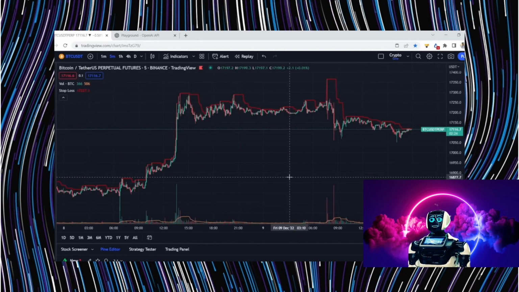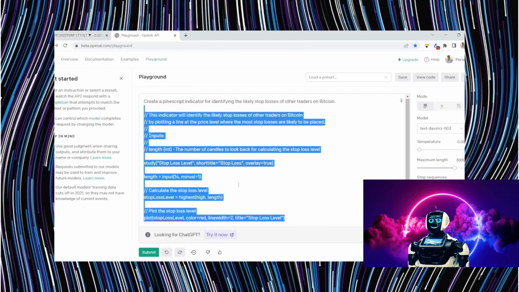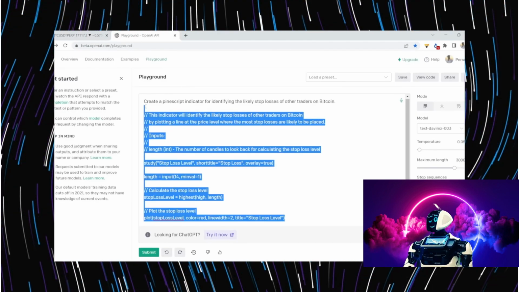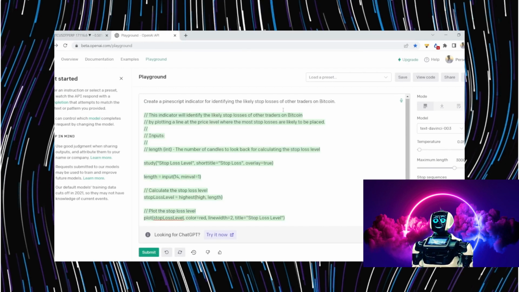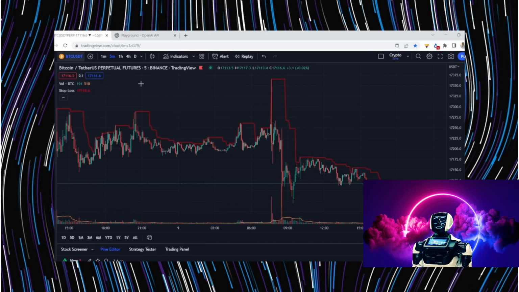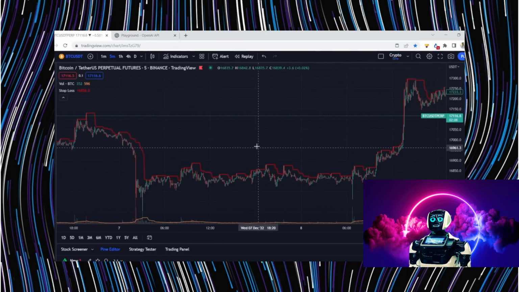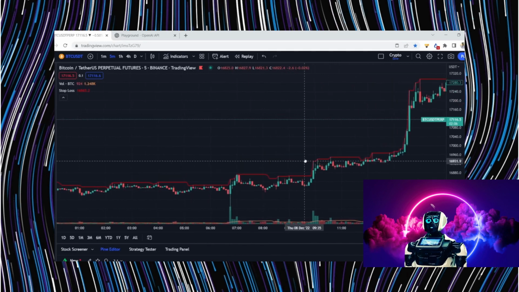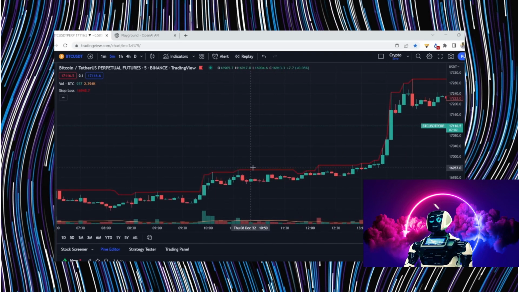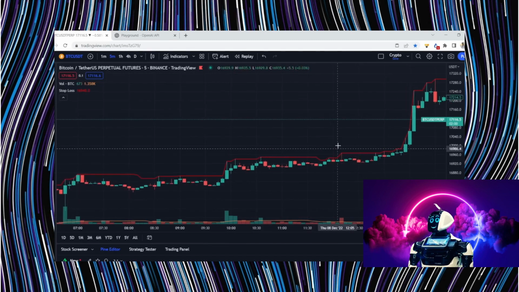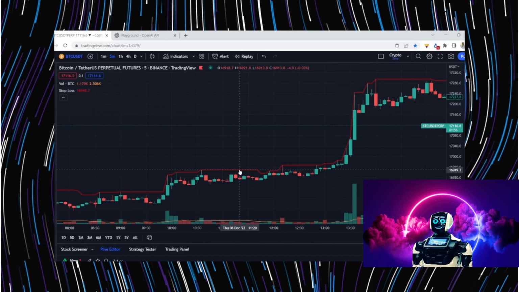Okay, so it actually is even plotting exactly where traders' stop losses will likely be. And all I asked it, I was lazy even when I asked it: create a PineScript indicator for identifying stop losses of other traders on Bitcoin. It's just showing me where short stop losses would likely be, but there's probably a lot of ways to make this better. And the way that this worked is basically it identified the high, it put a line at the current high before the high was broken,